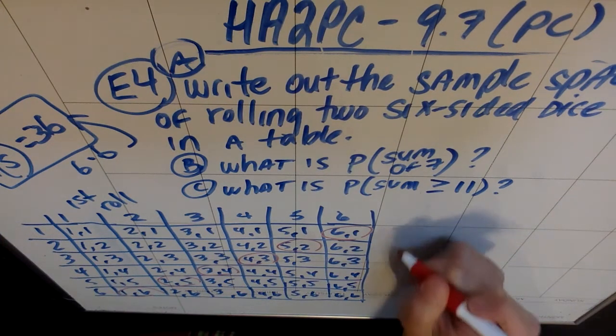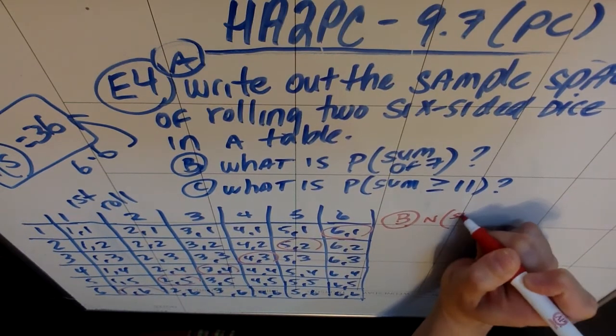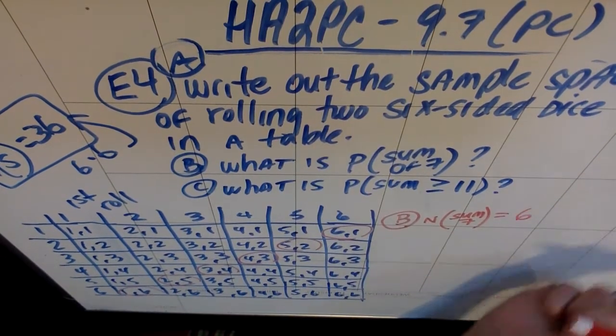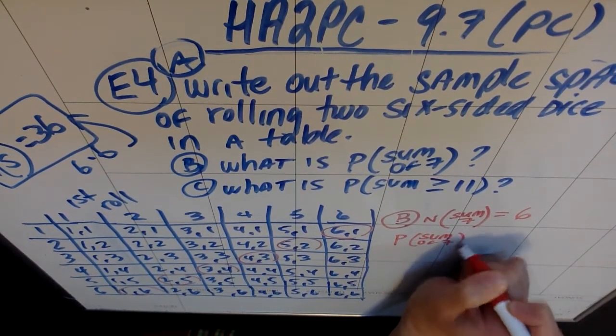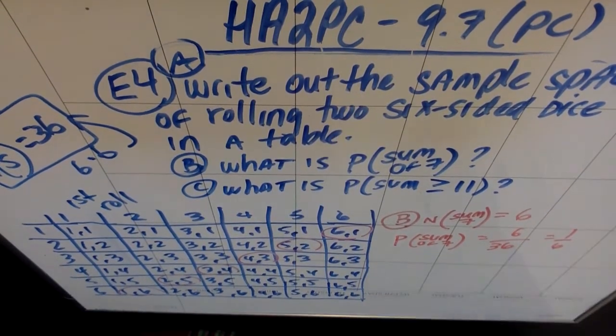But it turns out that the number of outcomes that give me a sum of 7 is 6. So the probability that I get a sum of 7 would be the 6 over the total 36, which is 1/6, right? Now, if we were looking for the probability of a sum greater than or equal to 11, well,